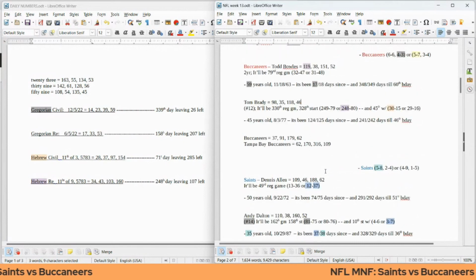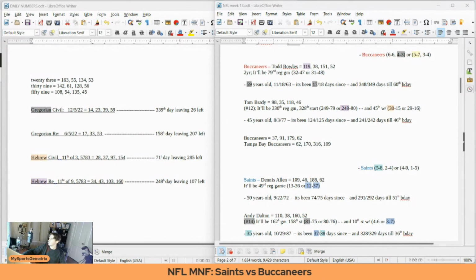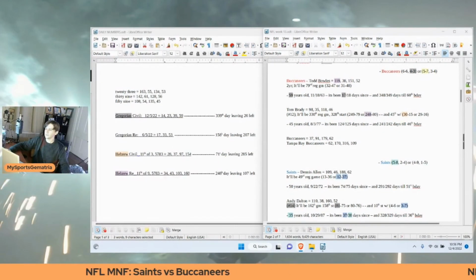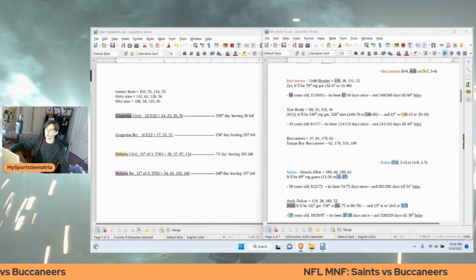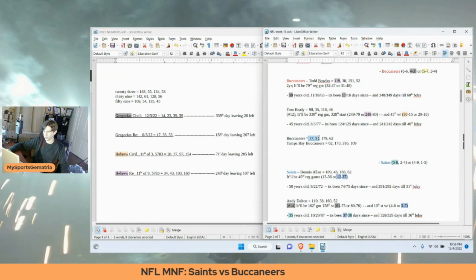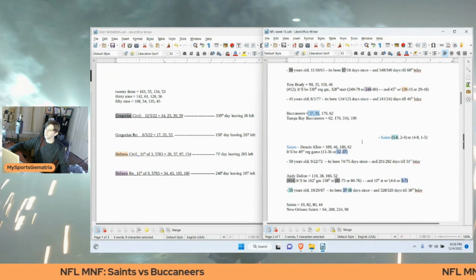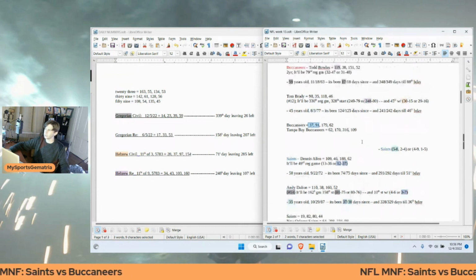Yeah, I think that's it for right now. Hope this helps. Hopefully this gives you an idea of what's going on in this game, gets you started on a decode, or adds to a decode that you already have. I just noticed that the word Buccaneers sums to 37.